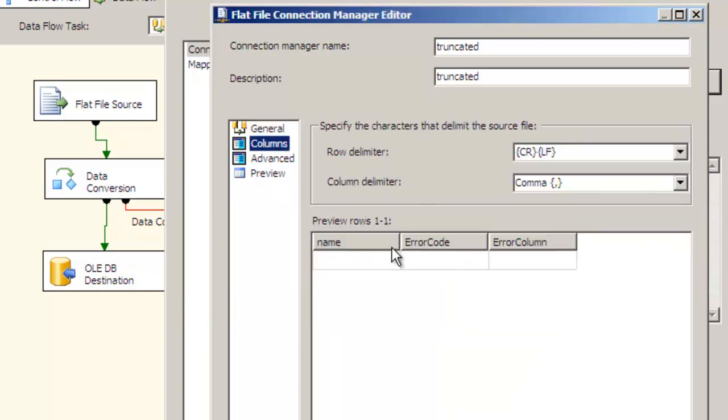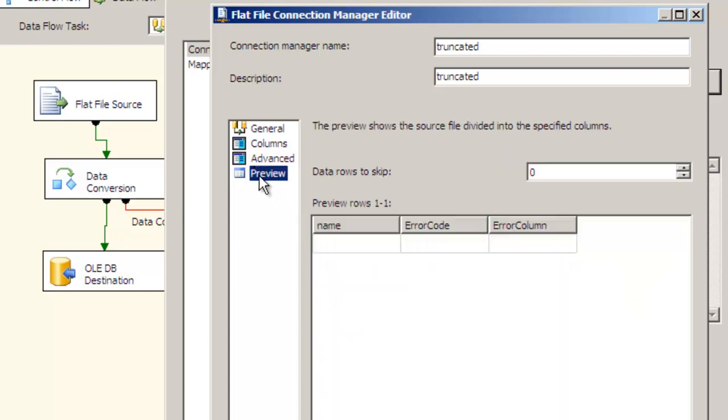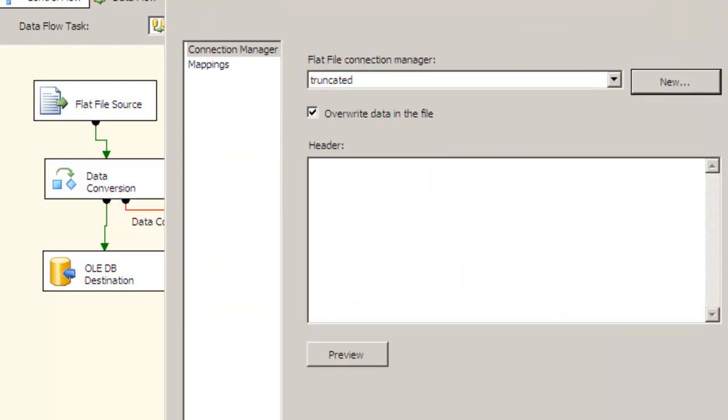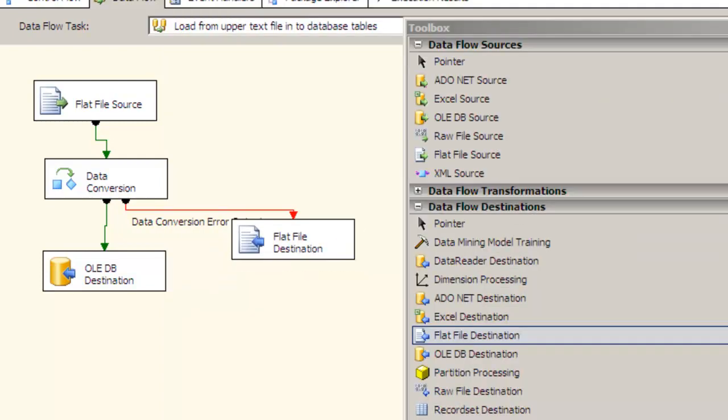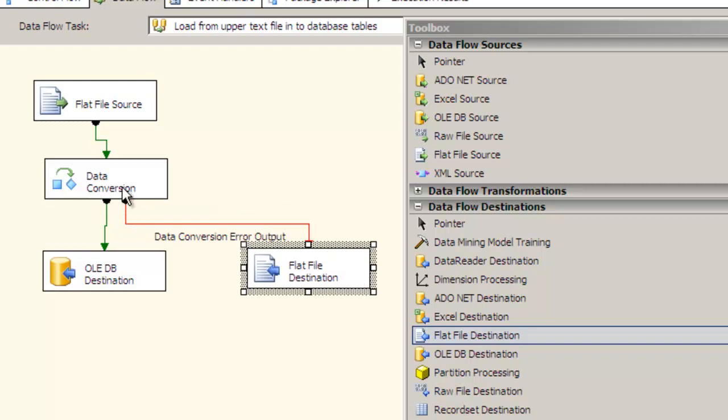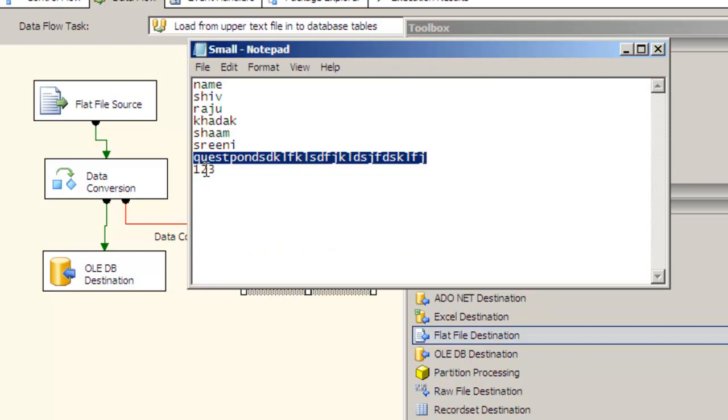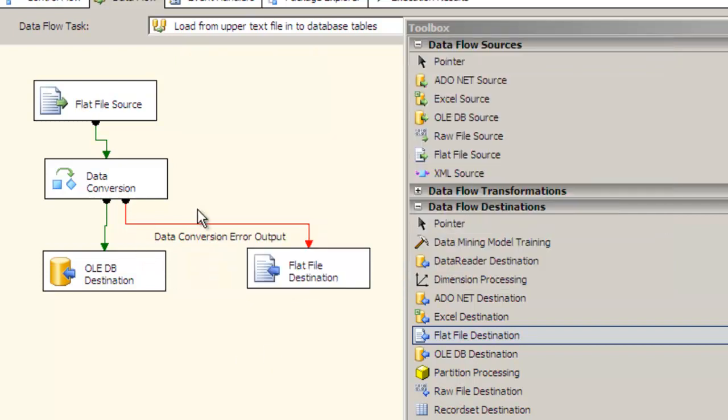That's just saying that there are no rows over here, so that's fine. This is preview, so it's okay. Now what we have done is we have specified that any kind of errors that come from this data conversion should be redirected to the flat text file, the truncated.txt. So what we're expecting now is that all the other data will be passed, but as soon as the data conversion utility comes to the row which is greater than 10 length, it will redirect to the truncated.txt. So let's run this,